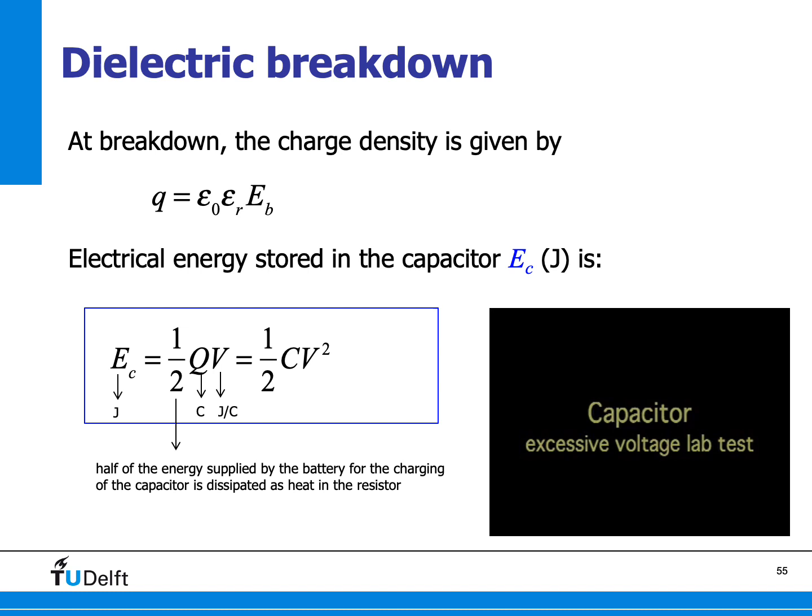And the factor of half arises because half of the energy supplied by the battery for the charging of the capacitor